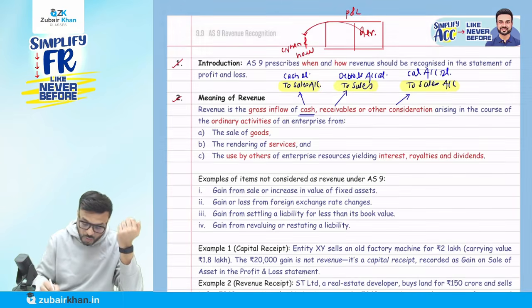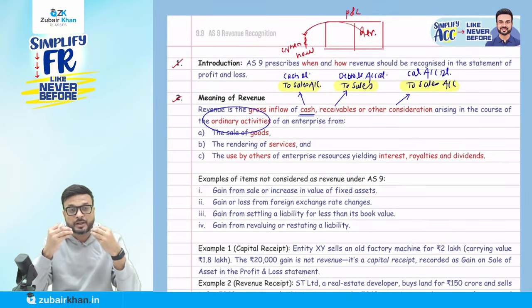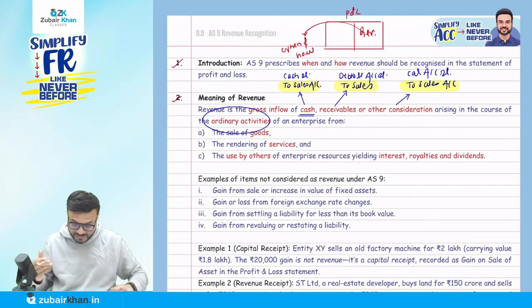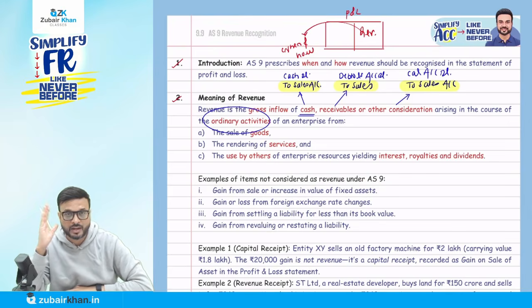Arising in the course of ordinary activity. What do you mean by ordinary activity? Which means normally related to the normal nature of business. Okay, normally related to the business activity. So here, revenue is the gross inflow of cash, receivable or other consideration arising in the course of ordinary activity of an enterprise from